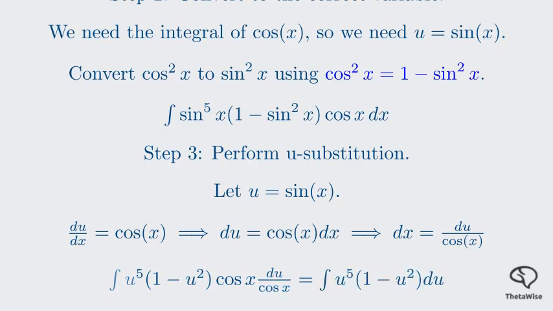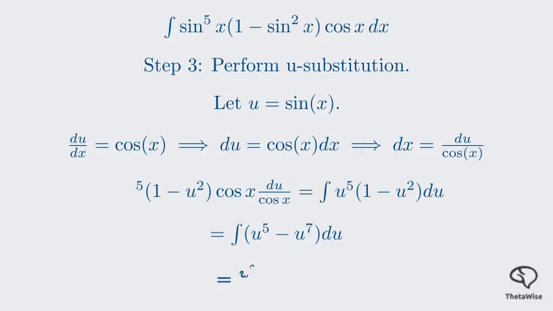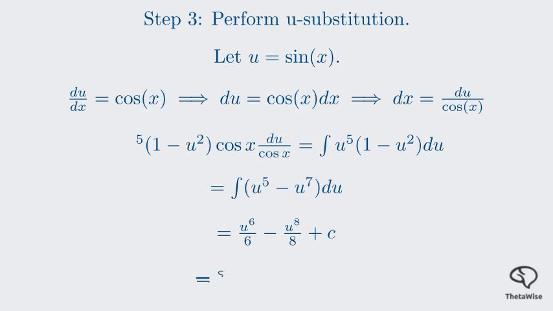The cosine x factors cancel. This simplifies to the integral of u to the fifth minus u to the seventh with respect to u. Integrating gives us u to the sixth over 6 minus u to the eighth over 8 plus c. Substituting back u equals sine x, our final answer is sine to the sixth x over 6 minus sine to the eighth x over 8 plus